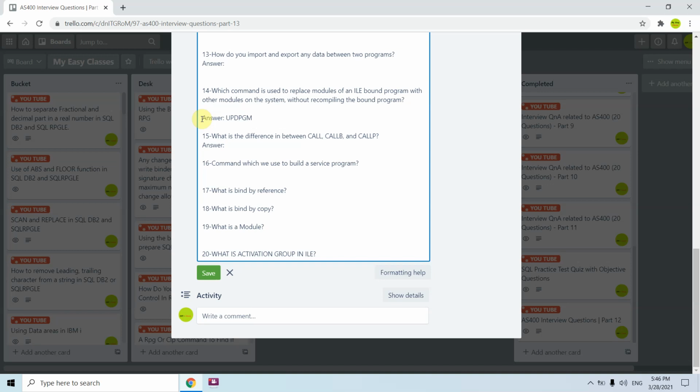Now what is the difference between callb and callp? For example, a module has several procedures in it and is a no main module. If that is a no main module, meaning several procedures are there, then we can use callp to call the several procedures of that module, because it has many procedures in itself. But if it does not have any procedures, it must have the default procedure. In that case we need to call the module, so we will use the callb approach, calling the bound procedure.